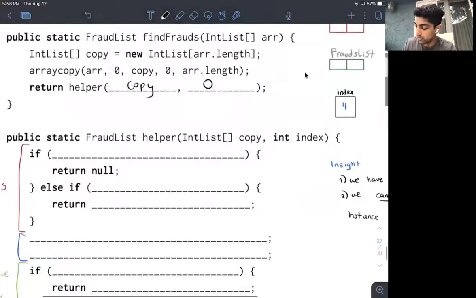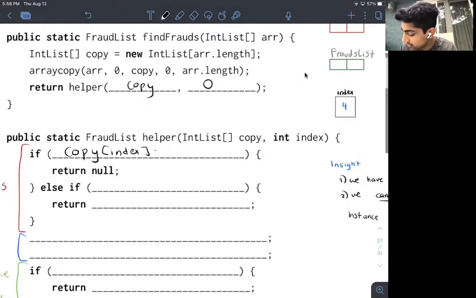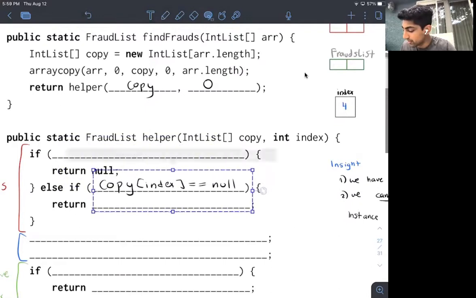Let's just try putting it in the first spot. If copy of index is null, then it says here return null. Well, that's not what we want to do when the copy of index is null. What we want to do is move on to the next index. So this is a base case, but we should move it here.